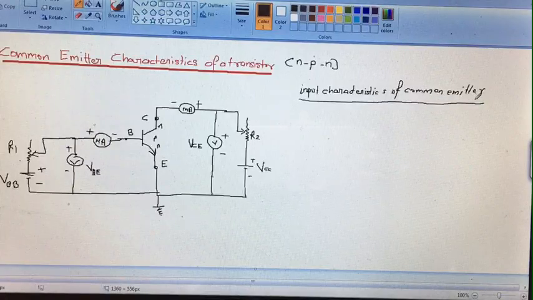In case of input characteristic, we will plot the graph